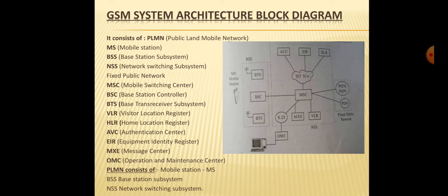Okay. The next is BTS, base transceiver subsystem. It is located at the center of each cell. Each cell will be having one base transceiver subsystem. It is a link between MSC and BSC. Communication between MS and BTS is through one channel consisting of a pair of frequencies, uplink and downlink. Each BTS will be having 1 to 16 transceivers. Okay. The frequency allocation for GSM is in the 900 megahertz band. The next one is OMC, Operation and Maintenance Center.